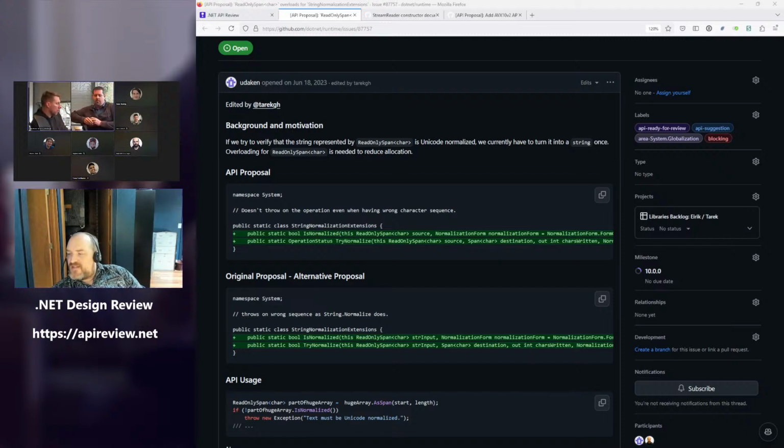Because for the common case, what you say is if 99% of the cases go into a destination that's twice the size of the source, right? Then the typical calling pattern would be get a buffer that you think is big enough, call try normalize, and with overwhelming probability it will succeed. If it fails, then call the API to ask how many bytes did I actually need? And then allocate the buffer and do it again. So the common case is 1 time, the fallback case is 3 times, which seems like a decent trade-off.